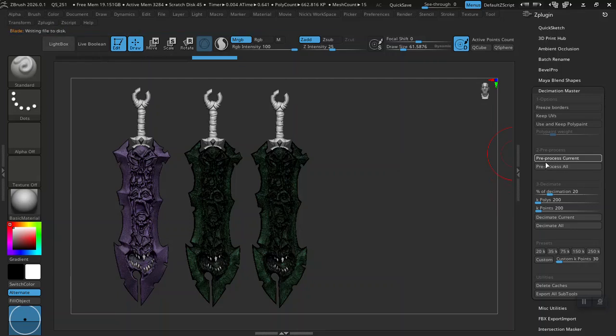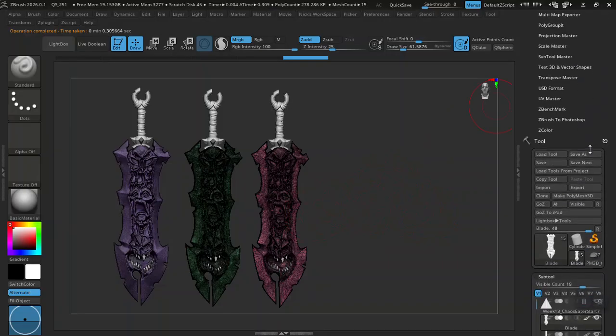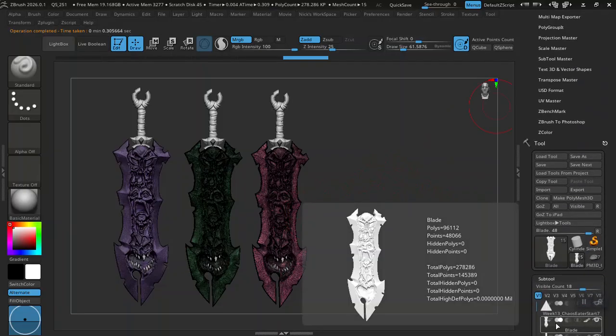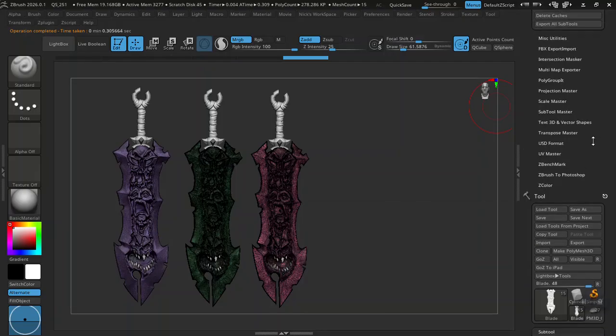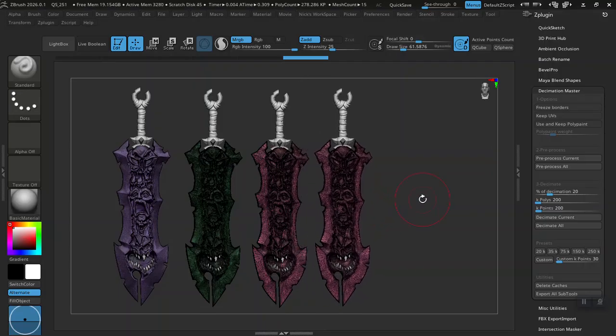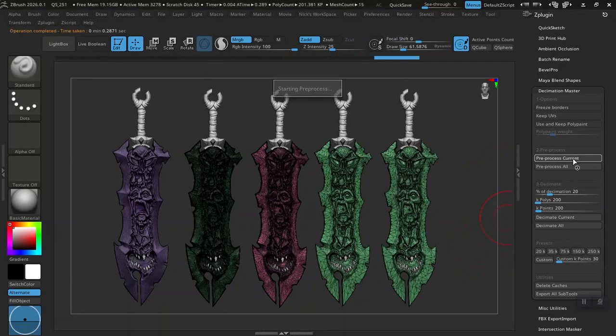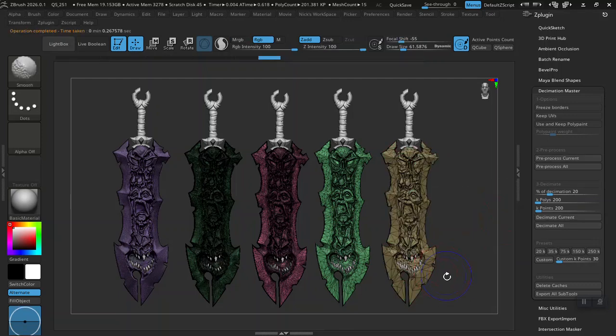It's going to think, and then we're going to decimate the 480,000. Now we're looking at an asset that has something more like 96,000 polygons. We can take this further and further, just for point of example, pre-process this, decimate current, pre-process this, decimate current,